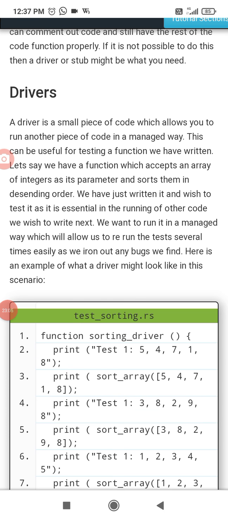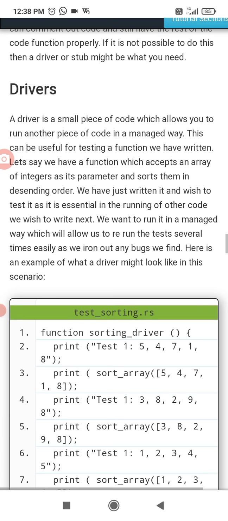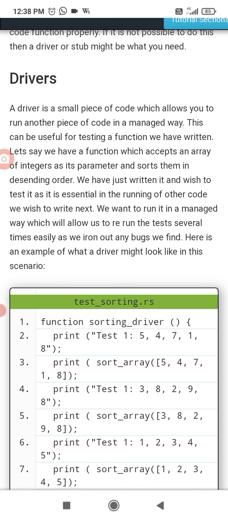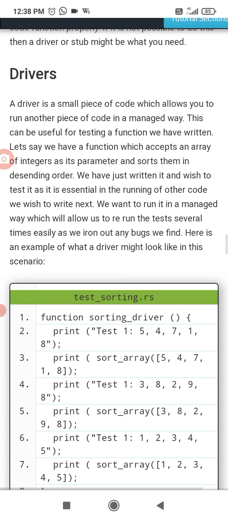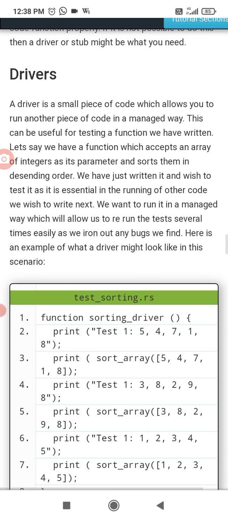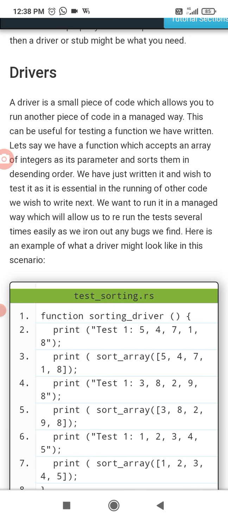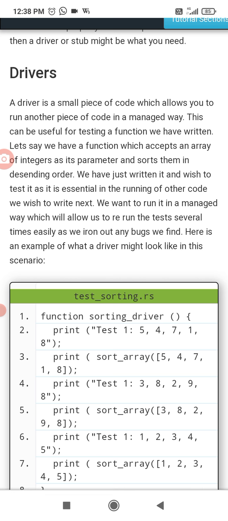Okay, then drivers. A driver is a small piece of code which allows you to run another piece of code in a managed way. This can be useful for testing a function we have written. Let's say we have a function which accepts an array of integers as its parameter and sorts them in descending order.